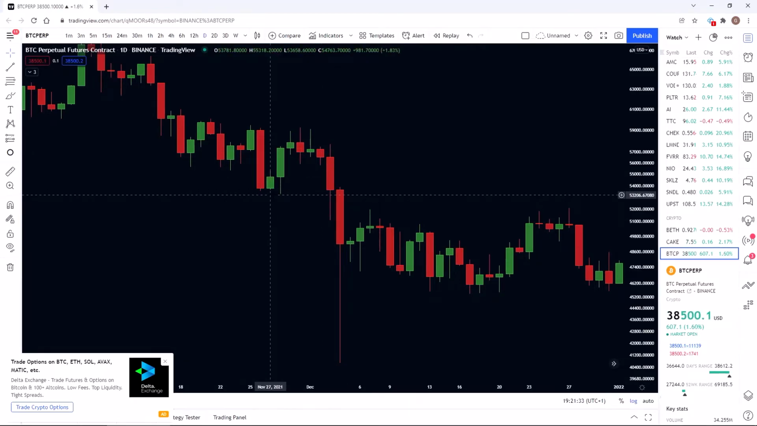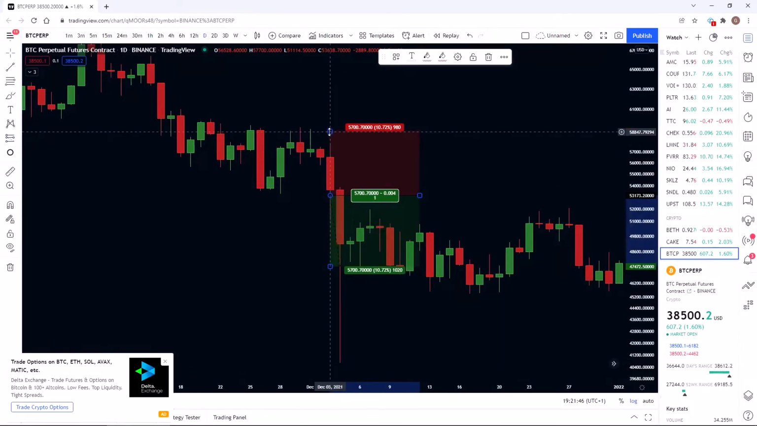Once I see it break this point, so see it break below the previous low, I will enter a short position. So let's just do that right here. It's actually here. Let's say it broke below. Then of course you want to put the stop a little bit above the previous swing,